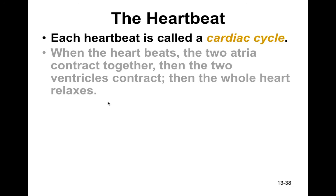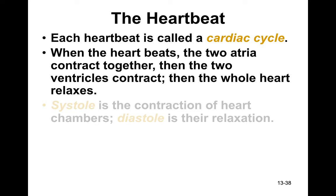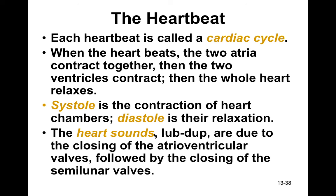Each heartbeat is called a cardiac cycle. Again, as I said earlier, the two atria contract together, the two ventricles contract together, and then the whole heart relaxes. The contraction of the heart is called systole, and relaxation of the heart is called diastole. Our heart sounds are called lub-dup,